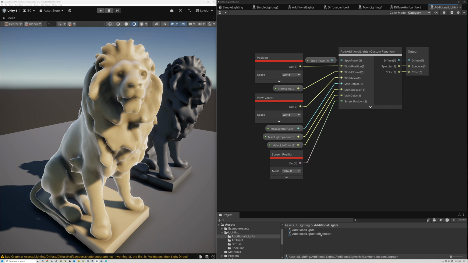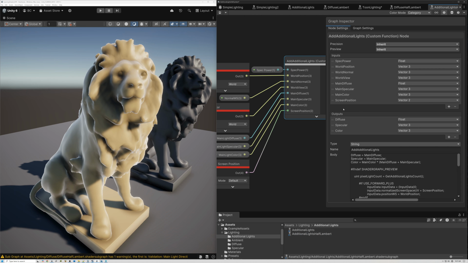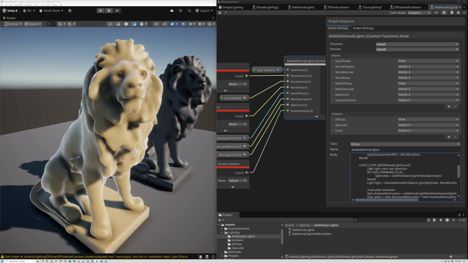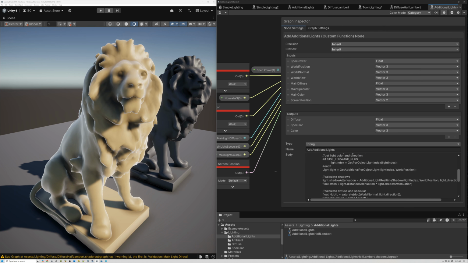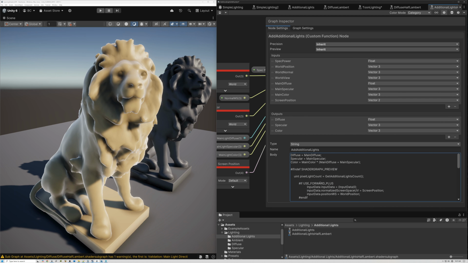And we'll open this up, and we need to do the exact same thing here. We need to change the code that we've created to multiply our diffuse by 0.5 and then add 0.5. So I'm just going to scroll down here in our code till we come to the place where we're calculating